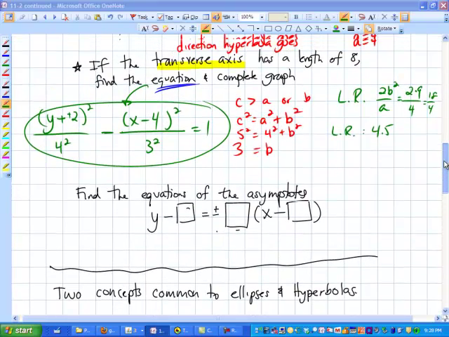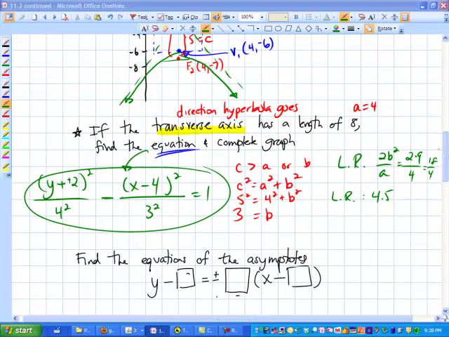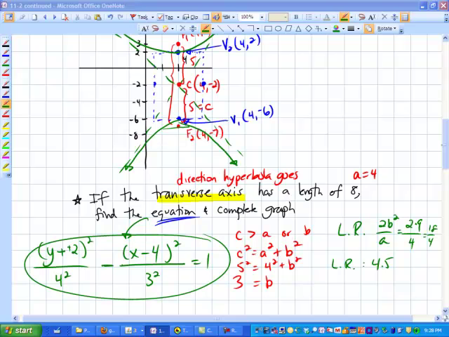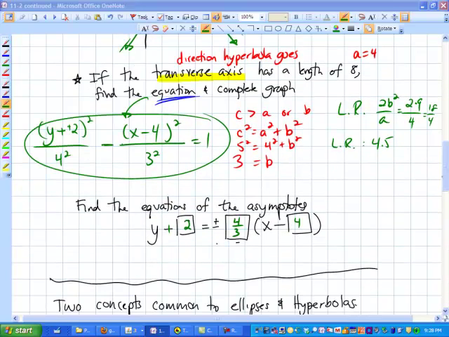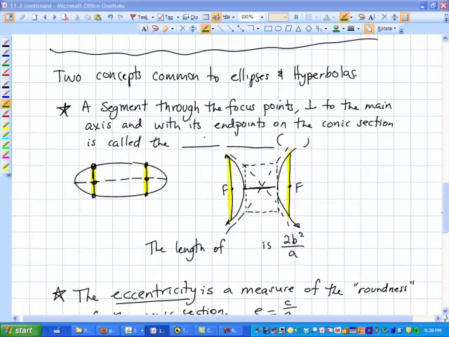while I collect my wits to find the equation of the asymptotes. Oh yeah, so I need the center, x minus 4 and y minus a -2, so it's actually y plus 2. And my slope from the center line is going up 4 to the right 3, so this must be 4/3. So I'm good to go. Alright, I'm going to pause again here, and we're going to talk next about the concepts that are common to